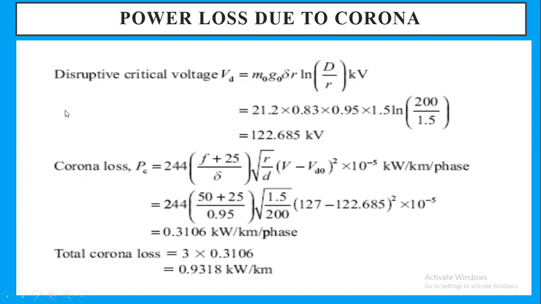So further moving towards the formula, the disruptive critical voltage Vd equals m0 g0 δ r ln(d/r). So this is in kV. Here m0 is 0.83, g0 is 21.2, δ is the air density 0.98, r is the radius of the conductor 1.5, and ln of the separation distance 200 divided by the radius 1.5. By calculating all these values and simplifying, we got